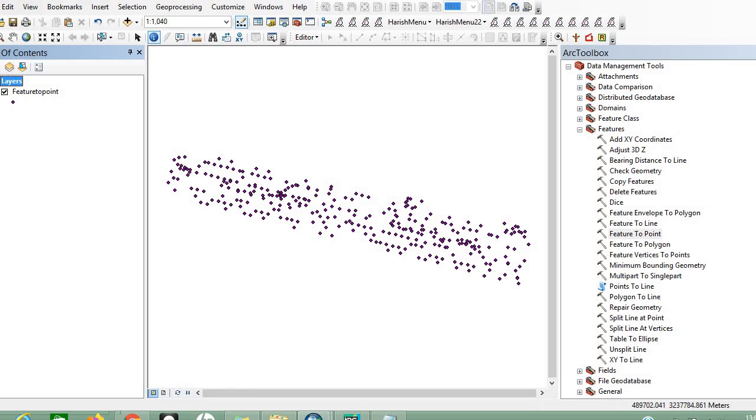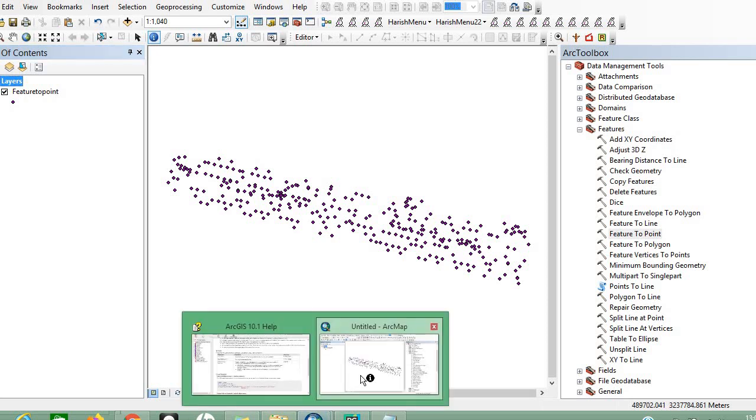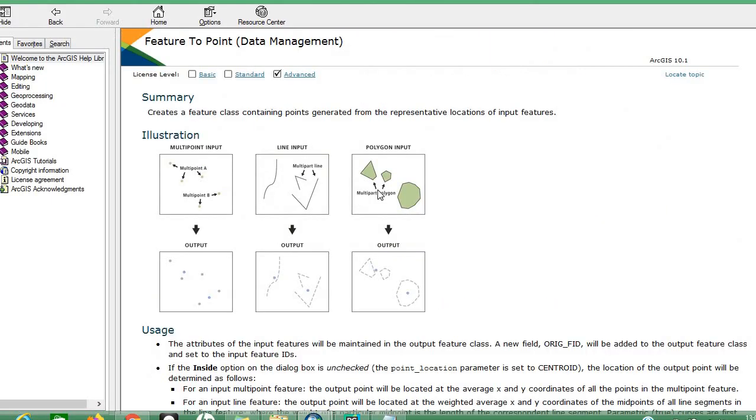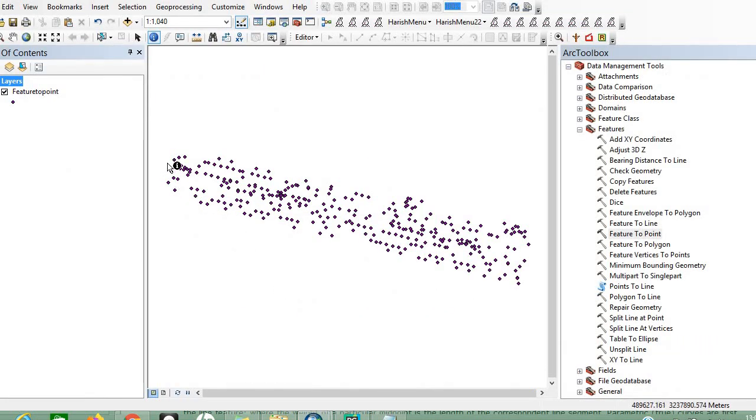Okay, here just go to the help documents for feature to point. You see the polygon is given in this way, and you are getting the output in dotted format. If you see the output we got, the polygon in total has been converted to point.